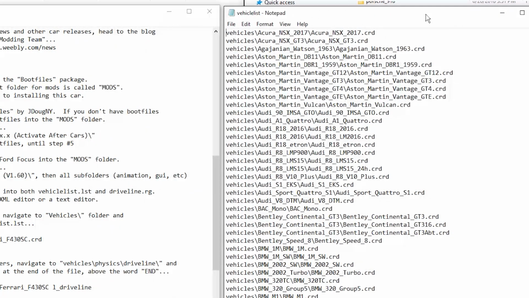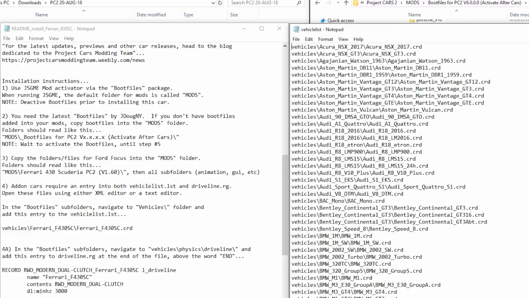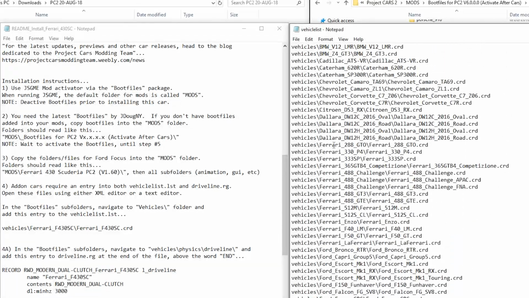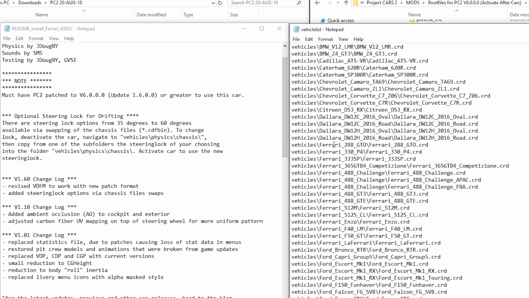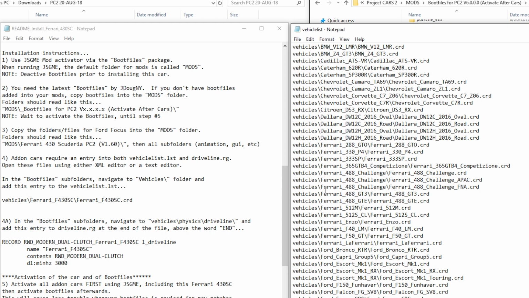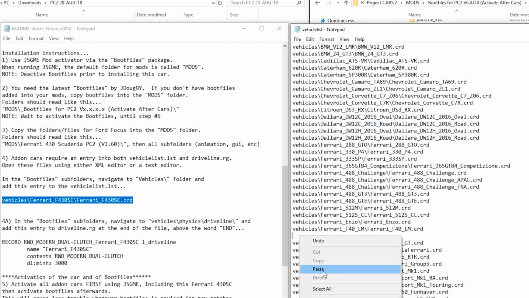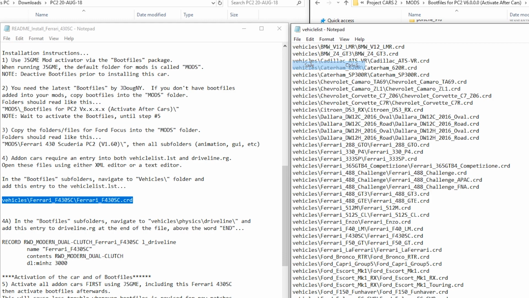Now you want to go down into where the car would fit in an alphabetical order, so we're going to go down to Ferrari, and then Ferrari and whatever number, so we are here with Ferrari, and then we want to go to F, so we would be in here, F430, so we would come in after the F40. So if we just go to the end of F40 and press enter to put a new line in, we go over here, copy this and paste it in there,